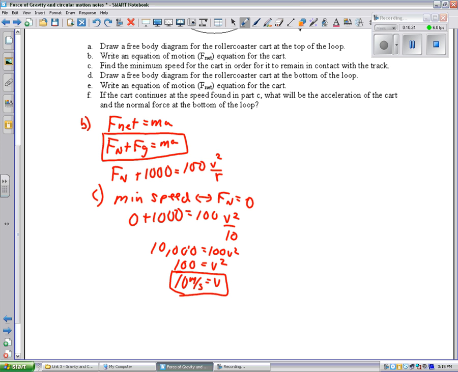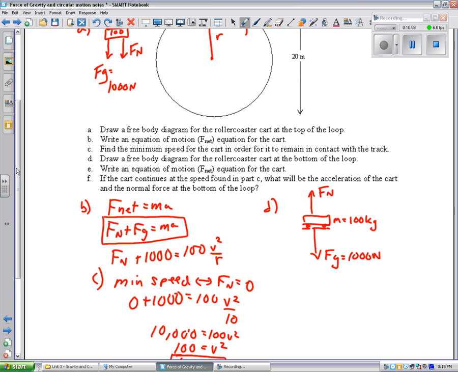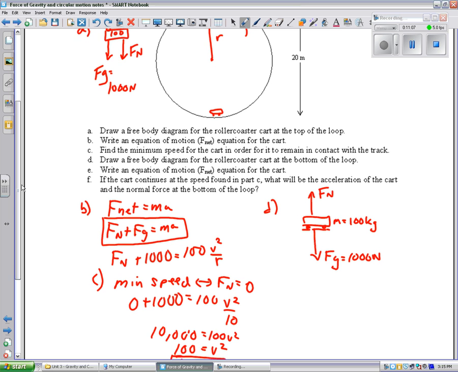Now, draw a free body diagram for the cart at the bottom of the loop. So here's our cart. When it's at the bottom of the loop, we still have gravity down. Still 1,000 newtons. We'll write here that the mass is 100 kilograms. Now, when it's at the bottom and the track is down here, all right, the normal force is going to be upward. But I'm not going to say that it's going to be 1,000, because with 1,000, the cart would go straight. It wouldn't go up. If it was here and the two forces balanced, it would end up going straight this way. All right? So I have to figure out what the Fn is going to be, and that's what part F